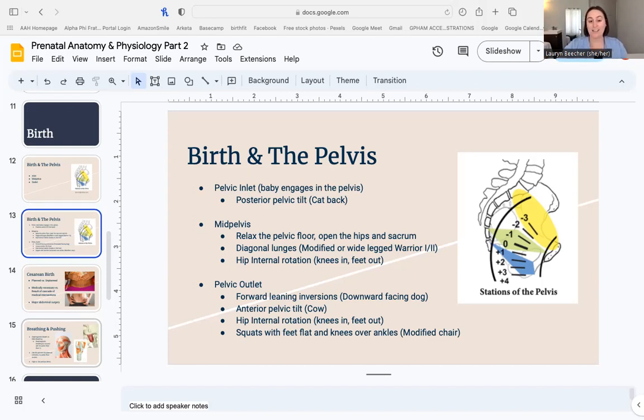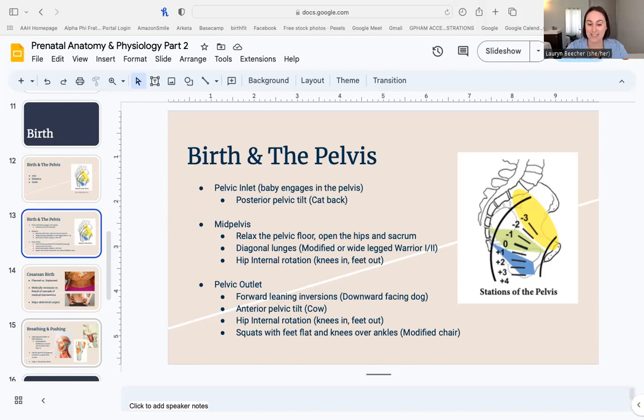During labor, things like holding that cat back, or even a seated cat-cow, or a standing version where I just tuck my pelvis under during a contraction, especially providing a little bit of support under the abdomen, lifting the front of the abdomen as you roll the pelvis under, can help the baby clear the pubic bone. So having that mobility, feeling safe in your body to round and to arch, so that in labor someone has that freedom of movement, and those movements feel comfortable and they can trust what they're feeling in their body, can be really helpful.